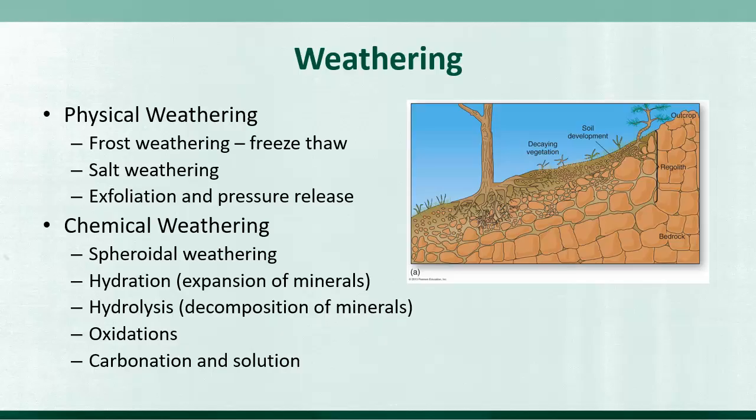Another form of physical weathering takes place when you have very huge, massive things like glaciers sitting on top of rocks. And then later on, the glacier melts and the rock breaks apart because it was under such great